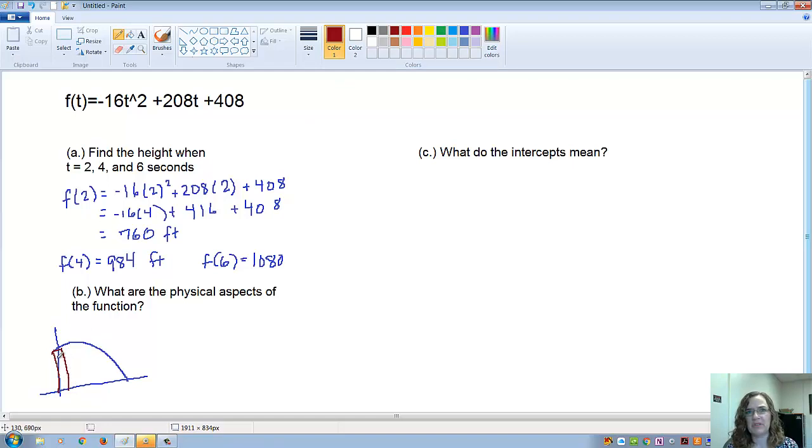Okay, so really bad building, but I'm not an artist, I'm just a math person. So I have that building, it's shooting up, and actually it's going up a little bit further up here, but the physical aspects are really the domain,